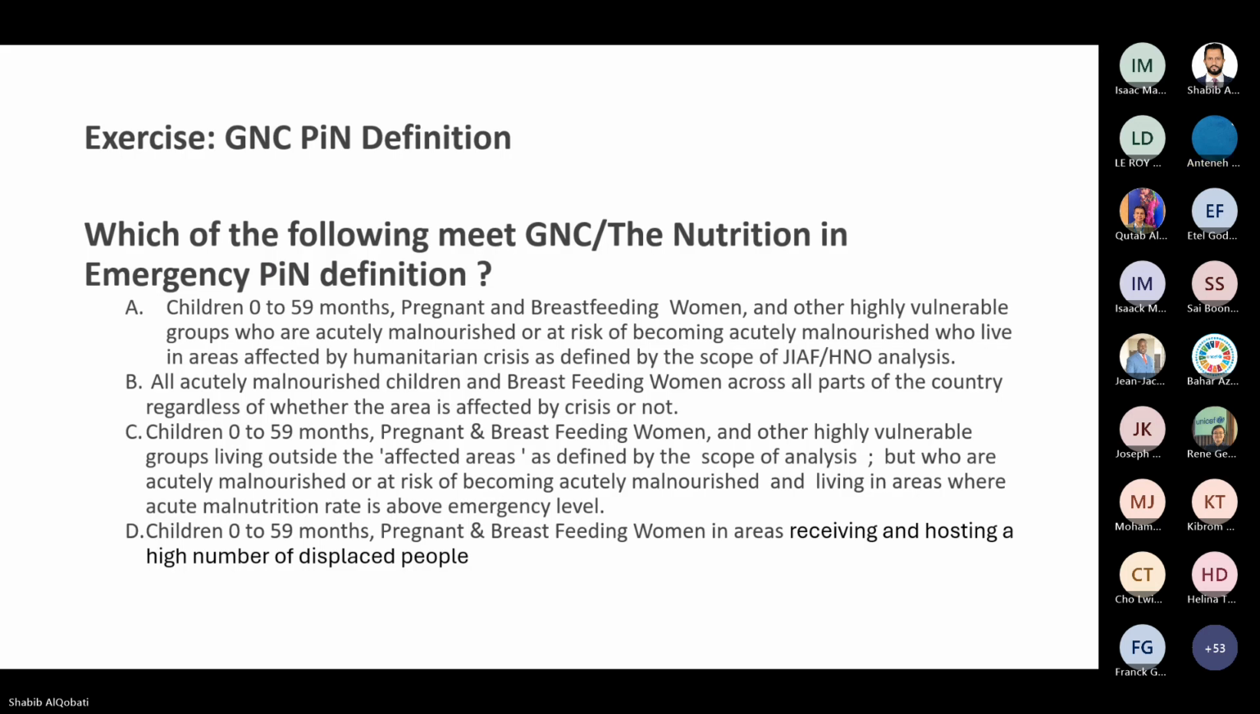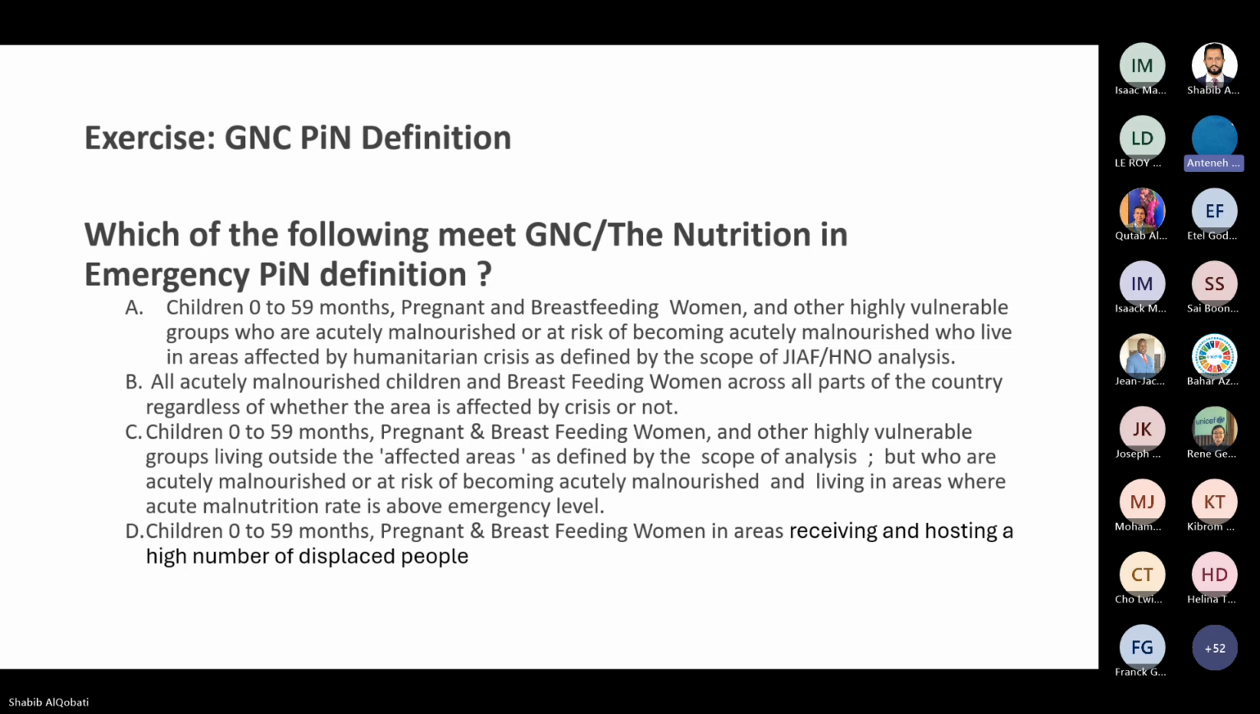So let us look at this small exercise. Which one of the following meets the GNC or the GF or the HNO nutrition emergency PIN definition? Which one of these do you think fulfills the GNC PIN inclusion criteria? First one,